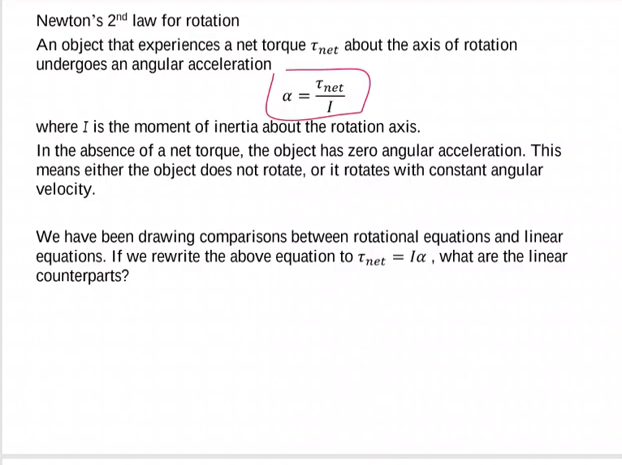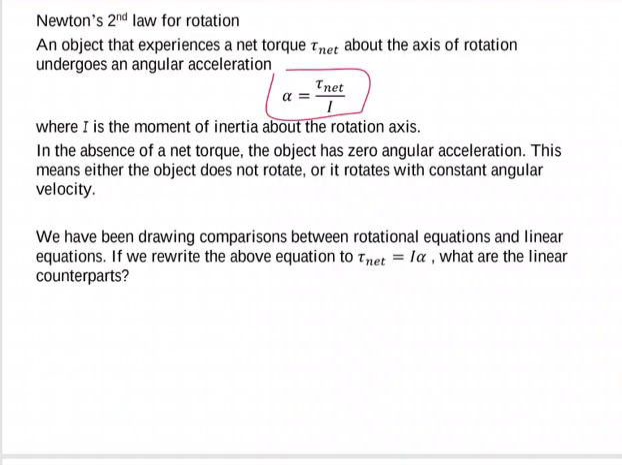Okay? In the absence of a net torque, the object has zero angular acceleration. This means either the object does not rotate, or it rotates with constant angular velocity. It's just sitting there spinning at a constant speed. Okay? We've been drawing comparisons between rotational equations and linear equations. If we rewrite the above equation to be the net torque equals I alpha,